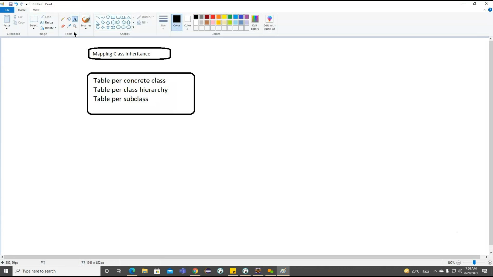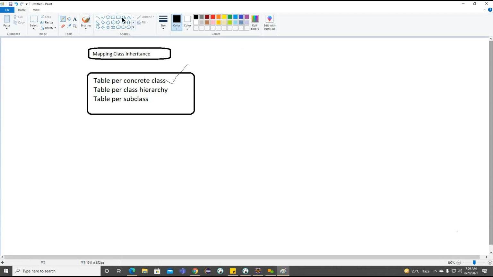We need to understand how exactly each one is going to work. First we'll discuss table for concrete class. How exactly is this table for concrete class going to work? Suppose we have the simplest approach: exactly one table for one class. Here we are not going to include any abstract classes or interfaces. But all the properties we get from the superclasses, we are going to include into the subclass. Getting the point. So for example, how exactly is this going to work?